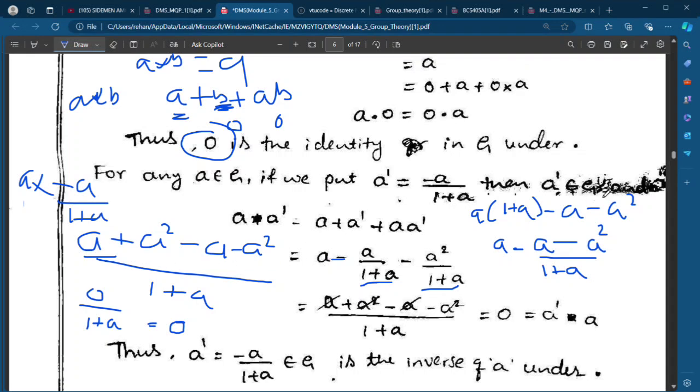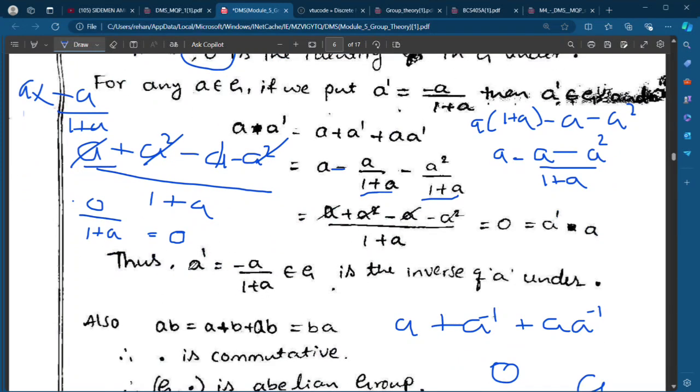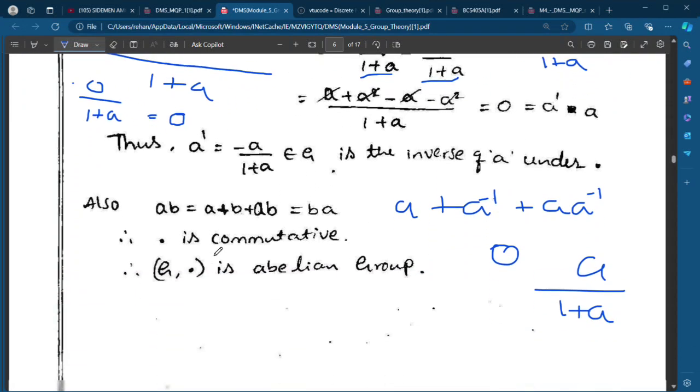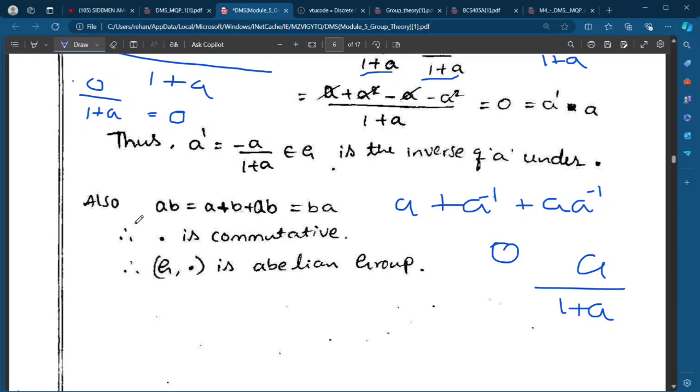A into 1 is A, A into A is A square, then minus A square. So this cancels, and I have 0 in the numerator. 0 by anything is 0. Therefore, I am getting for A inverse is equal to minus A divided by 1 plus A, which belongs to C,